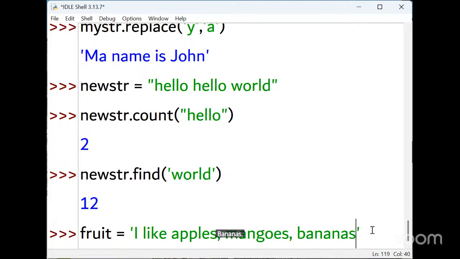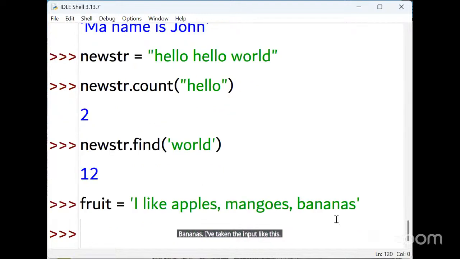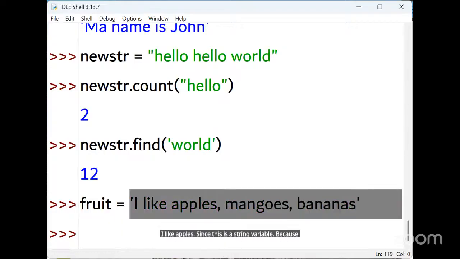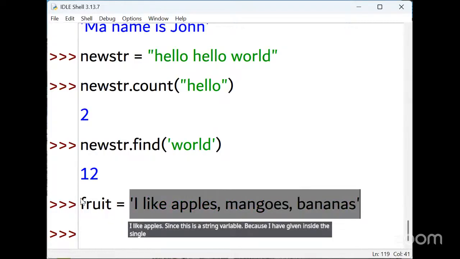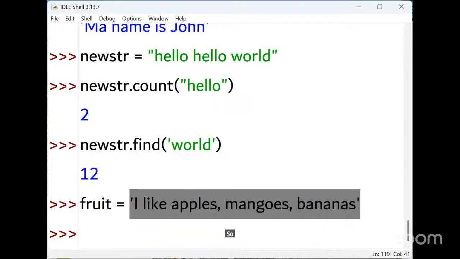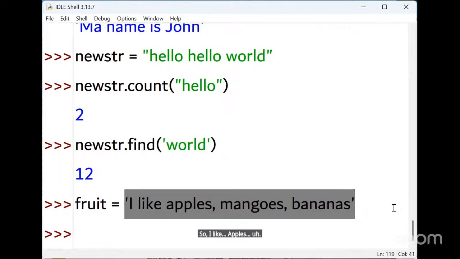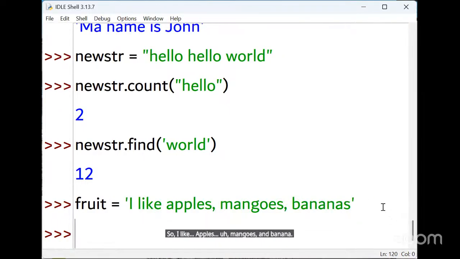I've taken the input like this. This is a string variable because I have given it inside single quotation marks. So, I like apples, mangoes, and banana. This is the input I have taken in this variable.